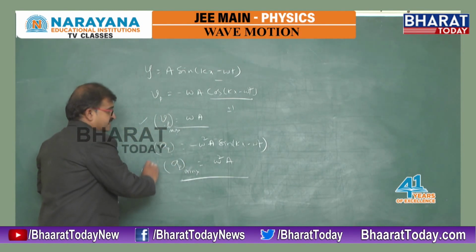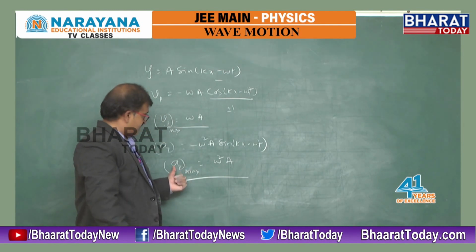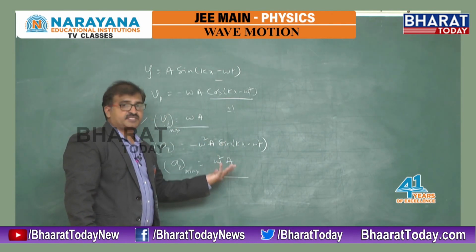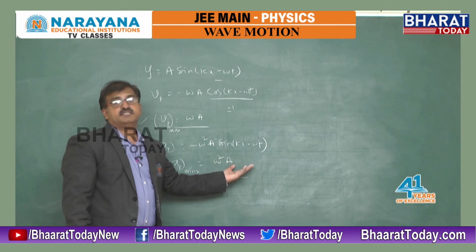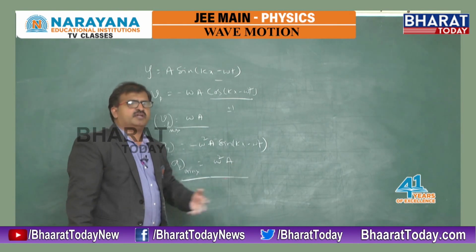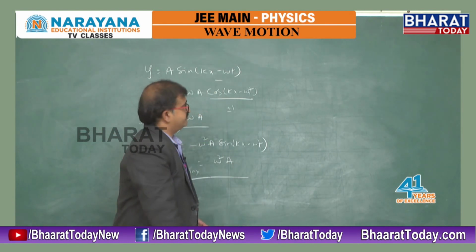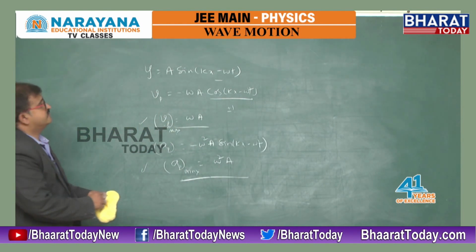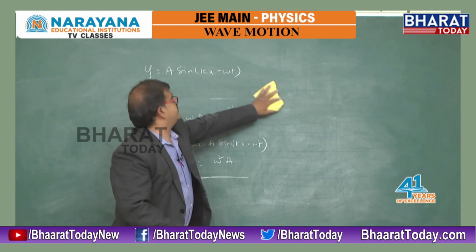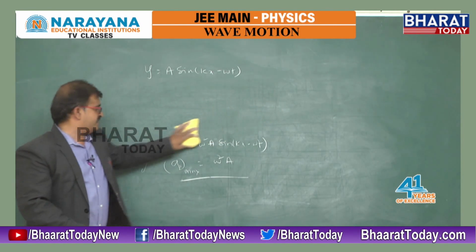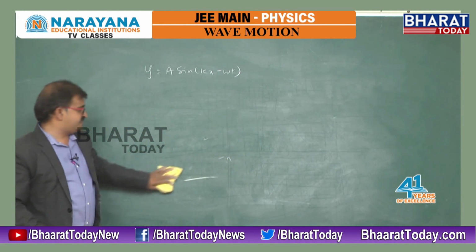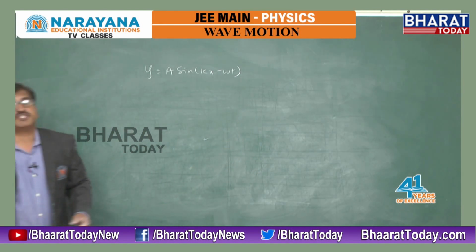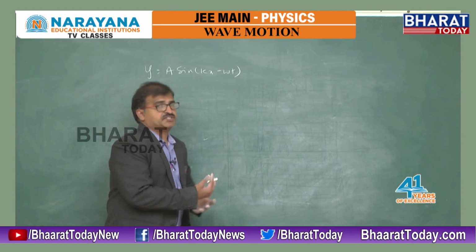So by specifying these values, they will ask you for this maximum by this maximum ratio, and by giving that value they will ask you for the time period, and hence try to calculate or give the amplitude, and some questions will be framed based on that. And here this y is equal to a sin(kx minus omega t), which is the displacement equation of that particle of the medium through which the wave is traveling.